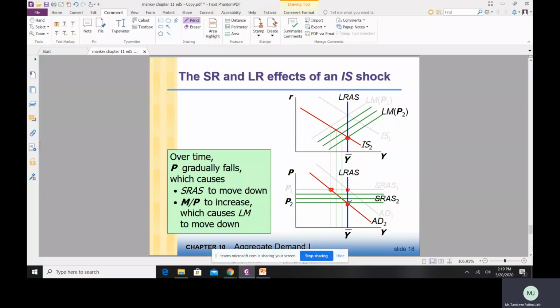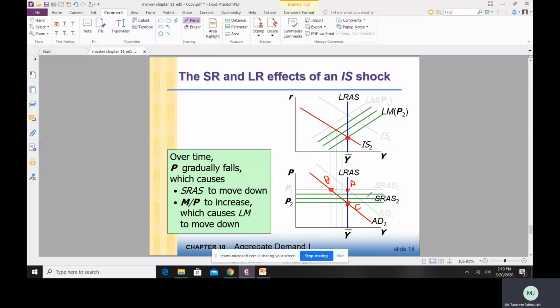तो देखो वही बात जो हमने chapter 9 में पढ़ी, जब there is an adverse demand shock, in the short run we move from A to B. ठीक है? We move from point A to point B here. लेकिन because of downward revision of prices, we move to point C here. That is again at point C, again you can notice that Y is equal to Y bar. So हम घूमते घामते वापस जो है ना full employment level पे आ जाएंगे if the government doesn't intervene here.